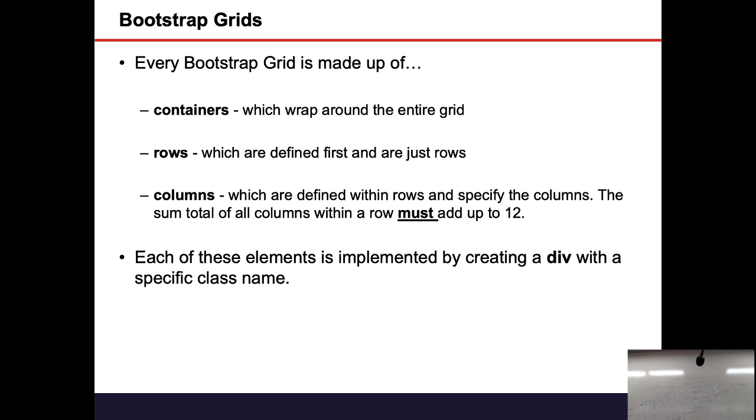So the question is, is there a reason for 12? I don't know, that's the magic number they came up with. To be honest, I'm not sure why it is 12, but this is how it is. I think it's because it's the most divisible by whole numbers. You can divide it in half, thirds, quarters. Exactly. If you have to guess, you guys are guessing it right. They came up with this number because it's not too much and not too little. It gives you enough wiggle room, and percentages are easier: 25%, 33, 66, if you have 3 and 9. Any more than that, there's not too much content.